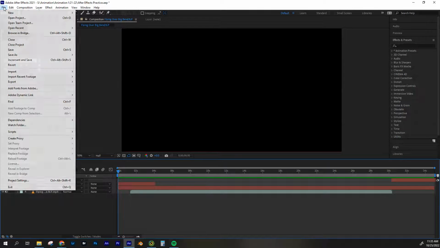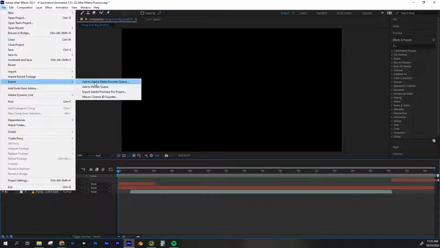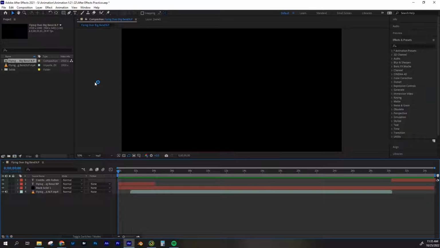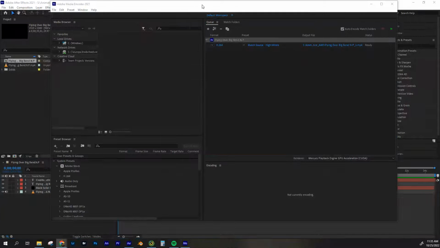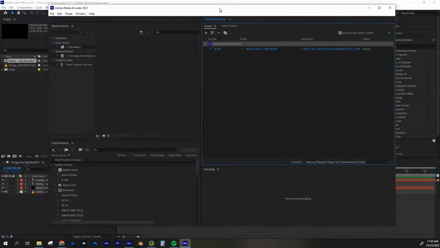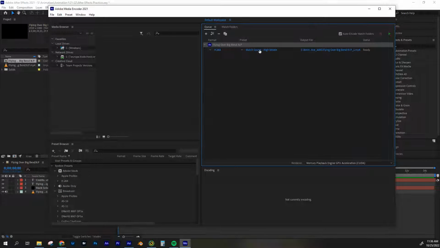So I'm going to go to File, I'm going to go to Export, and I'm going to add to Adobe Media Encoder Queue. And I'm going to wait a minute or so until this opens up in a separate window. Alright, so it took some time and I have it open here in Media Encoder, and it shows up right here. So if it doesn't show up right away, give it some time, it will load up,